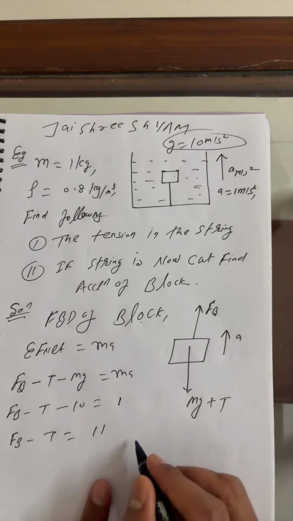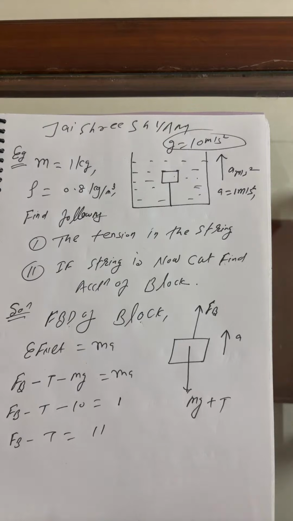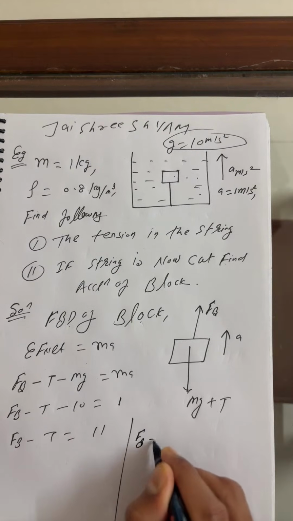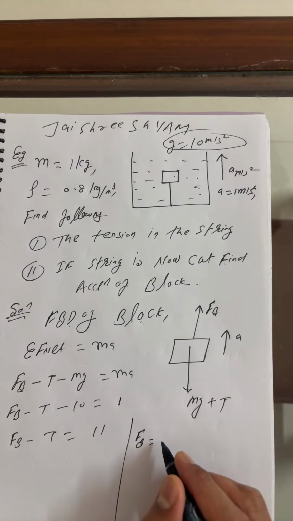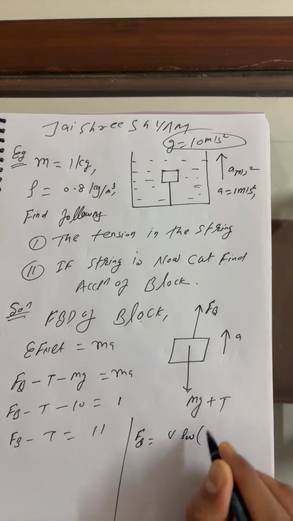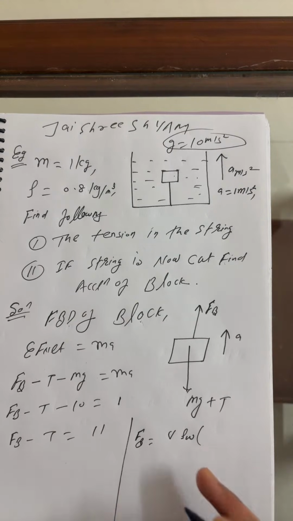So we have to find the buoyancy force here. What is the buoyancy force? Tell me everyone. This is volume into density of water into g. The system is in motion in the upward direction, so what density is required? I'll find it from here. We have to use specific gravity.